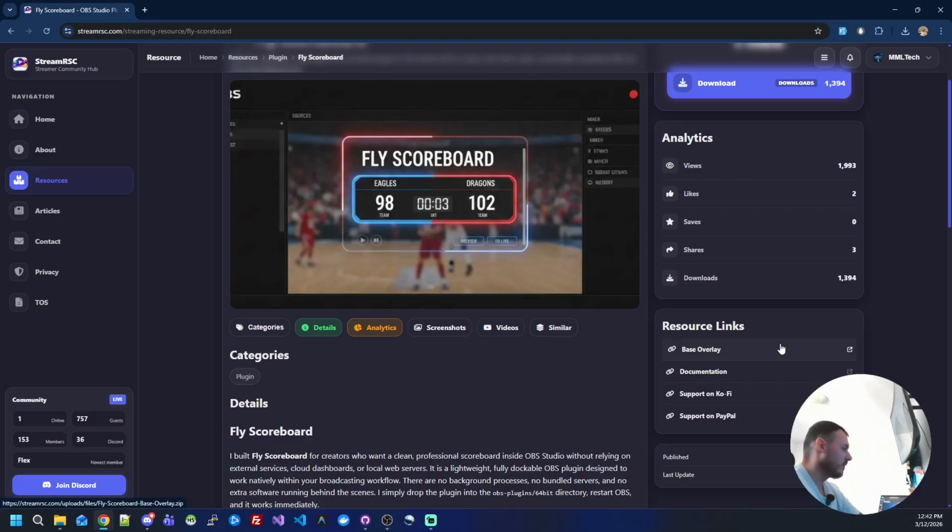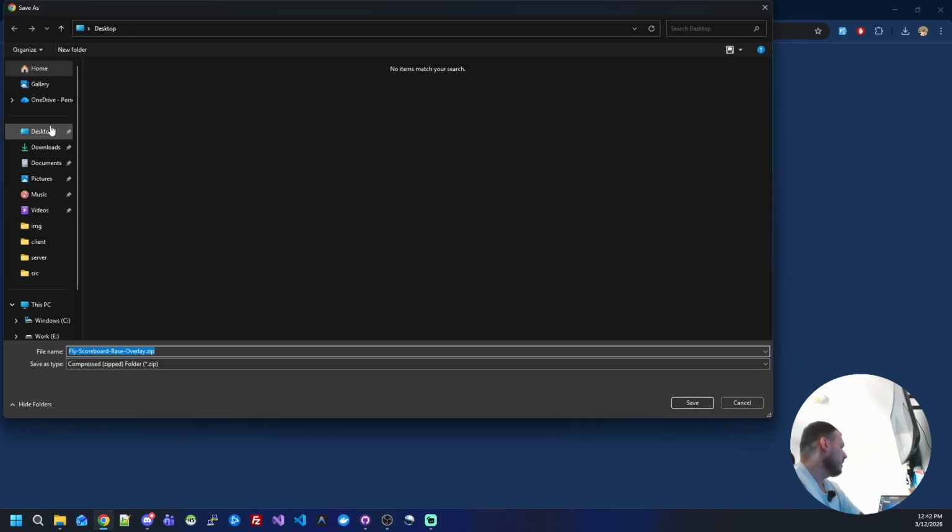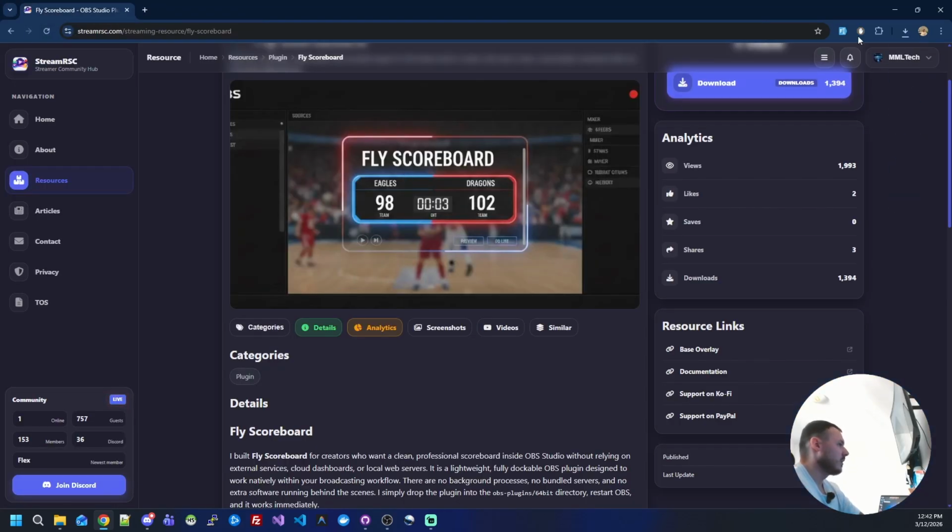I will download the base overlay because, of course, I have some custom ones already made, so I start building from a scratch one. Okay, let's just save it anywhere on the desktop. And yeah, the general issue here